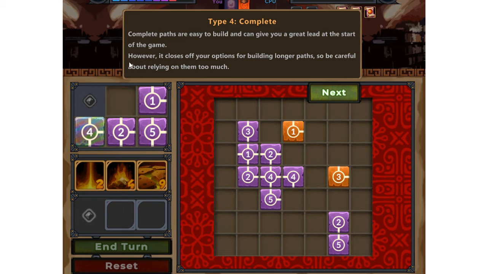the game. However, it closes off your options for building longer paths, so be careful about relying on them too much. Okay, so if you have a closed path,